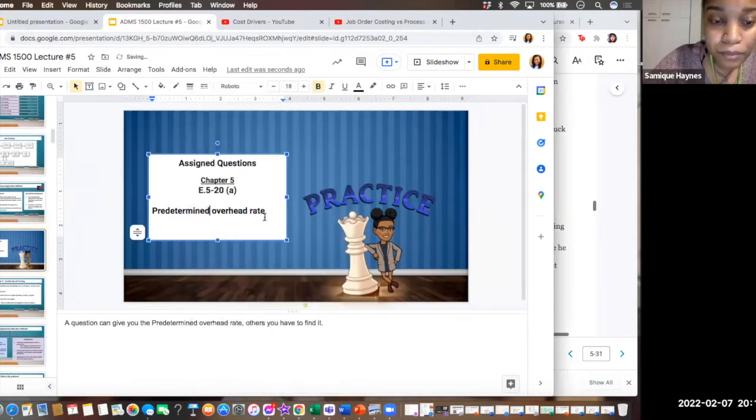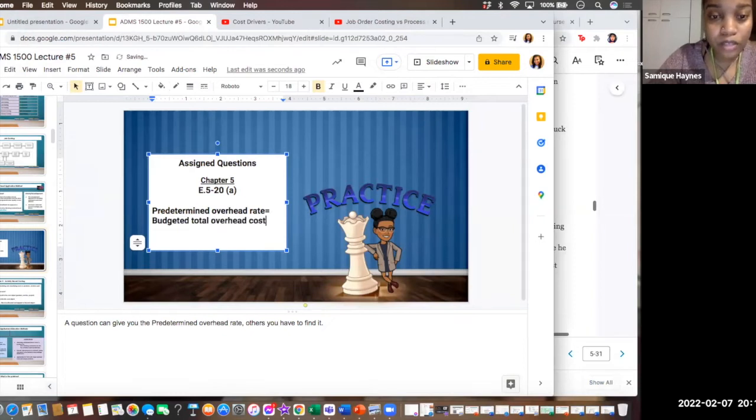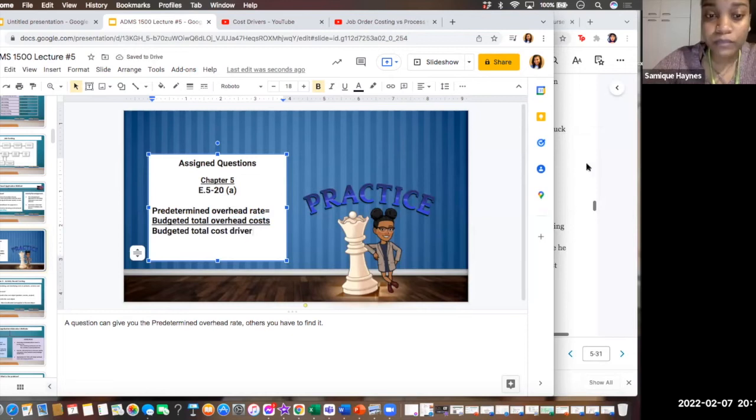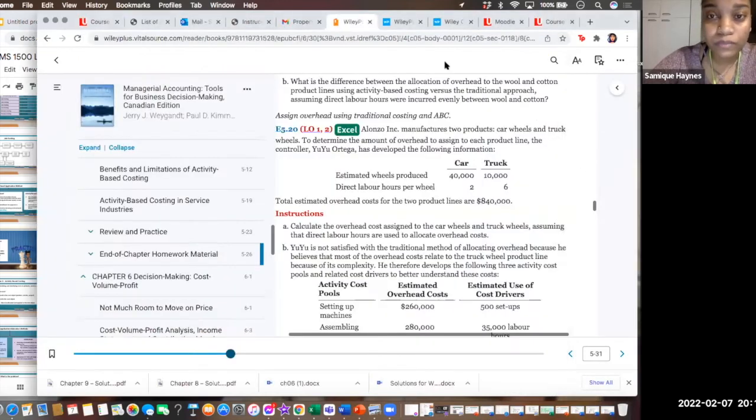And the predetermined overhead rate is equal to budgeted total overhead costs divided by a budgeted total cost driver. So do we have the budgeted total overhead costs? What's our total overhead cost? Budgeted also means estimated, right? We estimate that overhead cost will be about